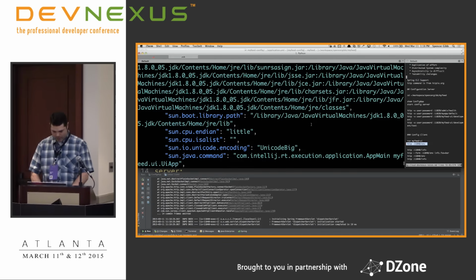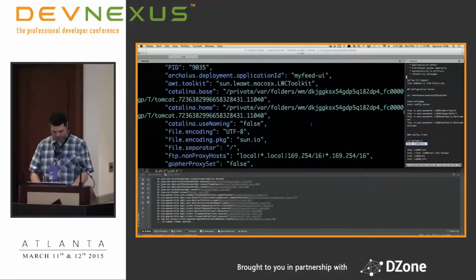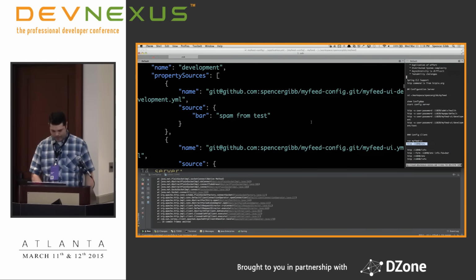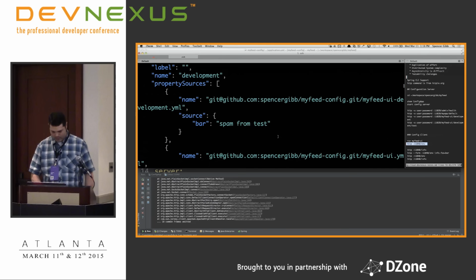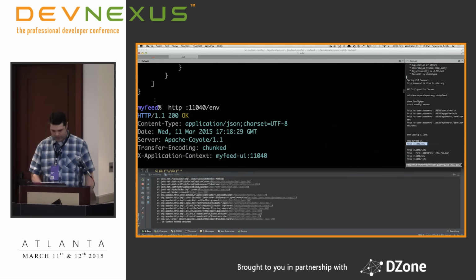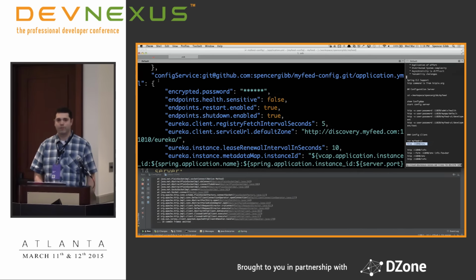So Java properties, system properties, environment variables, and here we are. Here we have the values from config server. They show up as a separate configuration source in Spring Boot.